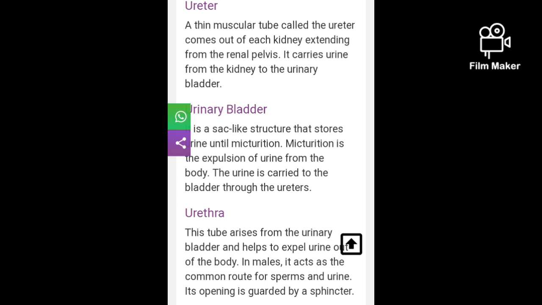Urinary bladder is a sac-like structure that stores urine until micturition. Micturition is the expulsion of urine from the body. The urine is carried to the bladder through the ureters. Urethra. This tube arises from the urinary bladder and helps to expel